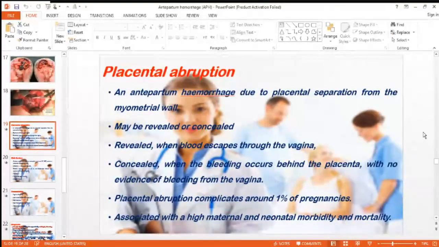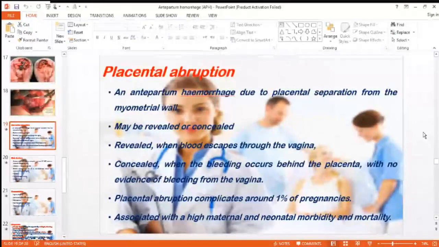المحاضرة السابقة كانت about the first arm of antepartum hemorrhage, which is the placenta previa. Now the second arm of antepartum hemorrhage, الميجر arm طبعا, اللي هي البلاسنتا abruption. major arm هي placenta previa, placental abruption, وذنيشا minor arms اللي vasa previa وال other causes of antepartum hemorrhage. The placental abruption is